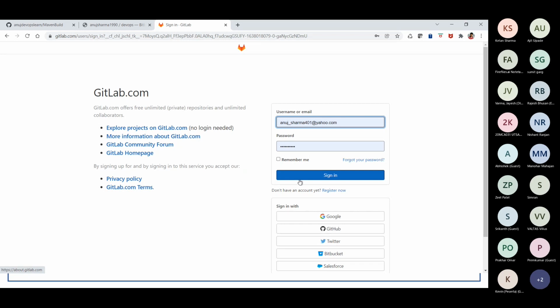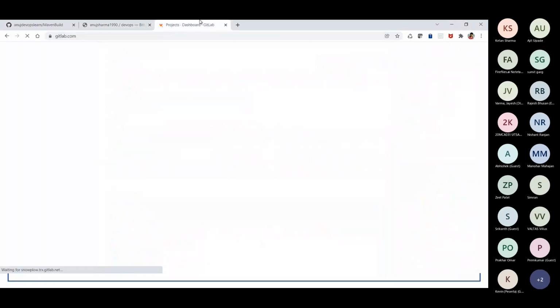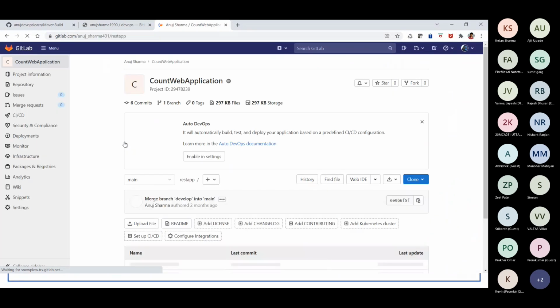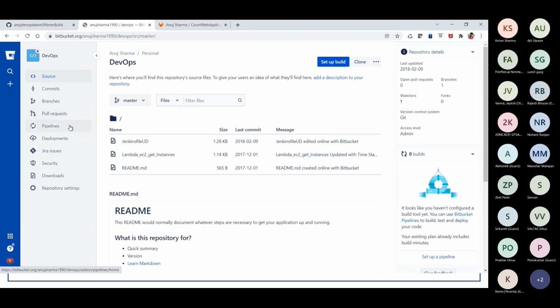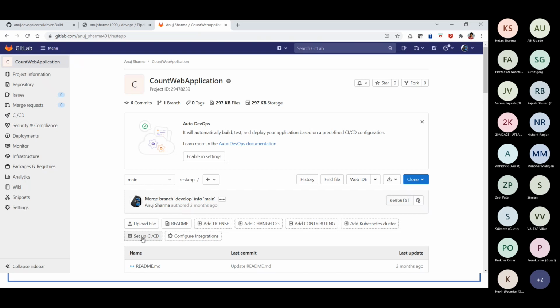So I'm just logged in here. See, this is my Bitbucket and this is my GitLab. In all the cases, in Bitbucket I will also be able to see a pipeline option. You can see a pipeline option is available there. In GitHub, we also have the setup CI/CD pipeline.